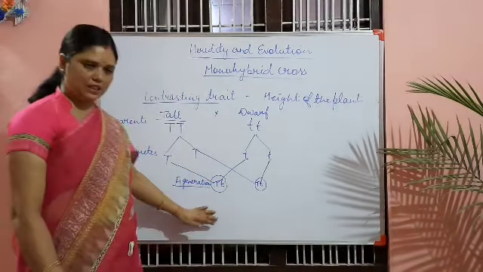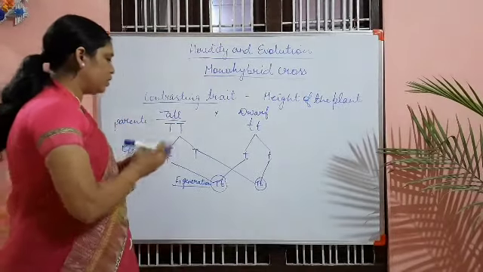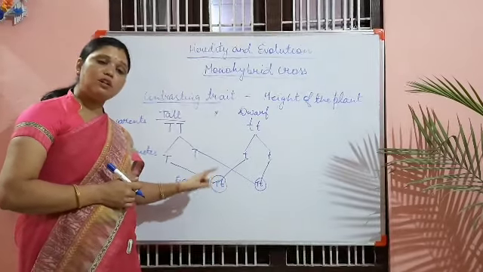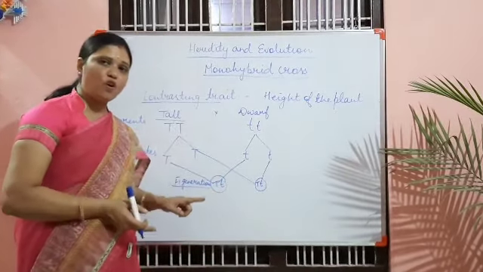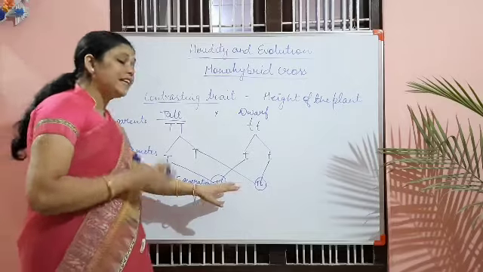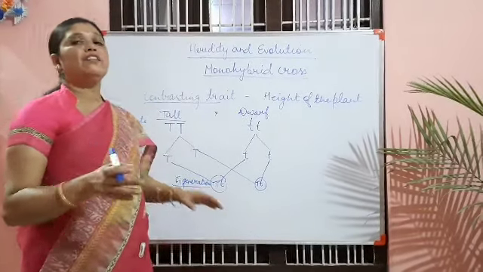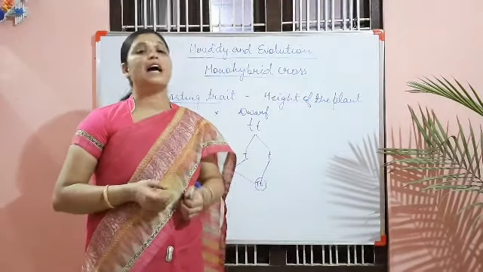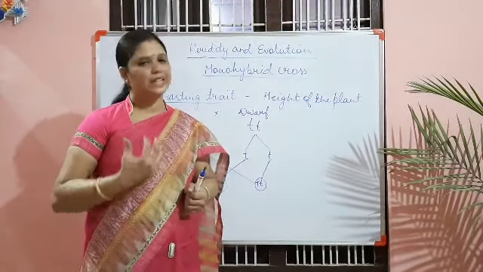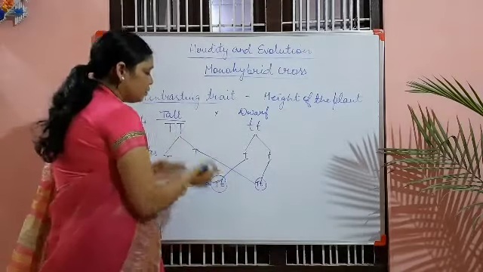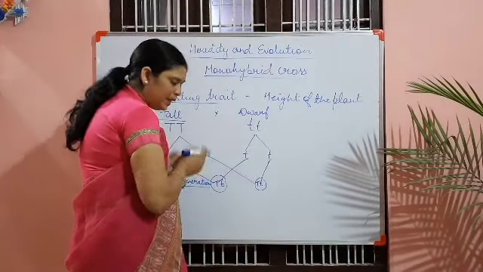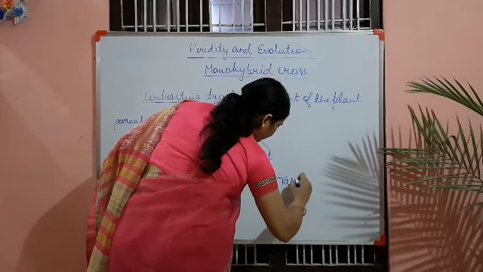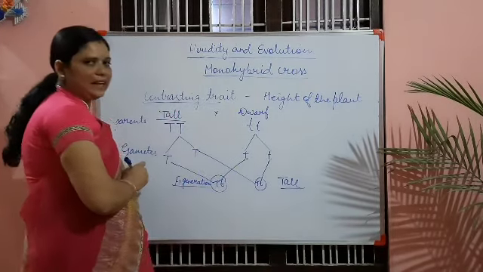In F1 generation, the whole progeny, although small t is also present in it, it is a hidden character phenotypically. That means phenotypically, what does it mean? By seeing the external appearance, the morphological characters. So phenotypically what would we say? We will say that all the plants are tall, which is our dominant character.